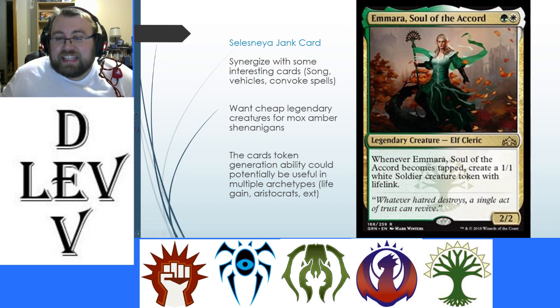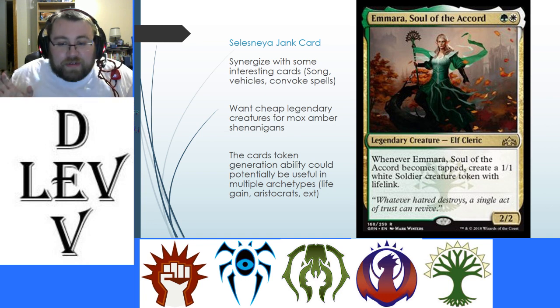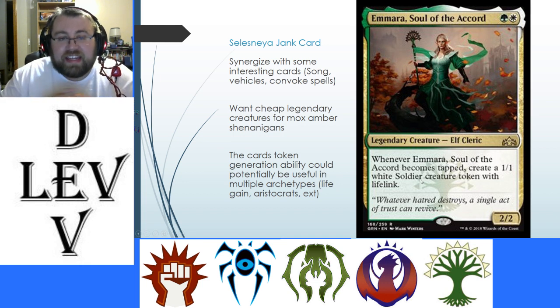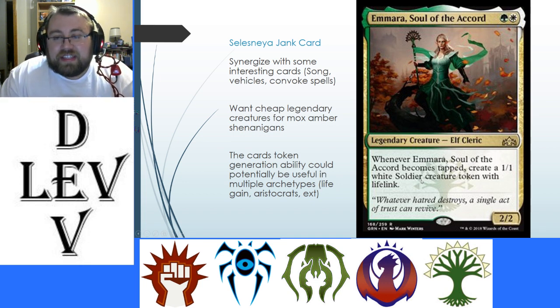And last but not least, still one of my personal favorite cards of the set, and it's the Selesnya Jank card, Imra, Soul of the Accord, a green and a white for a bear. We start with a bear, we end with a bear. And whenever Imra, Soul of the Accord becomes tapped, create a 1/1 white Soldier creature token with lifelink. Now, sometimes this bear is just